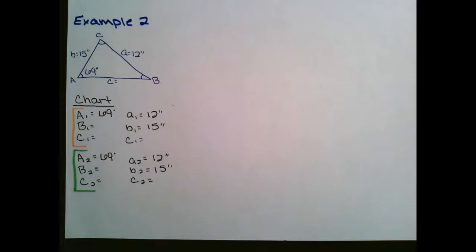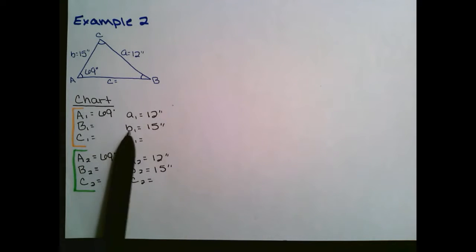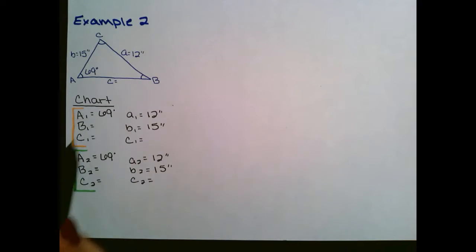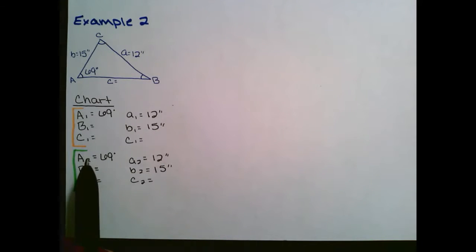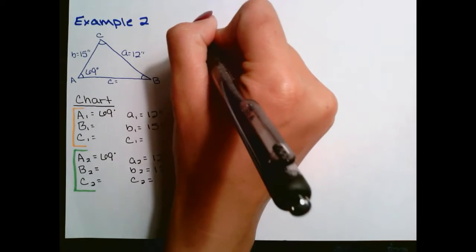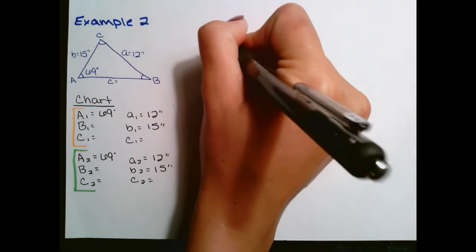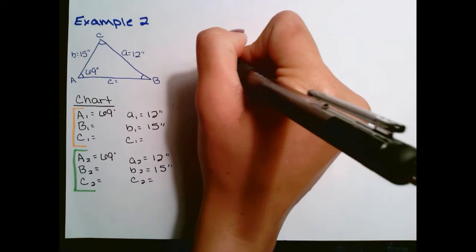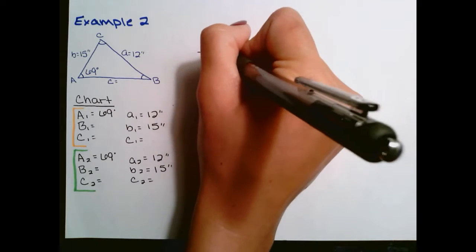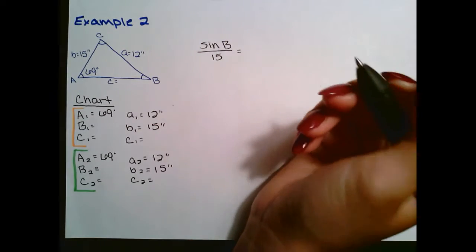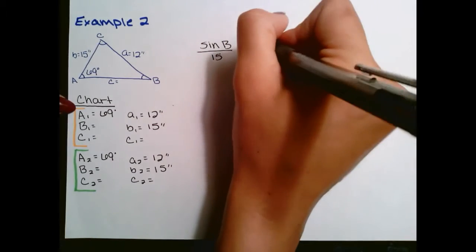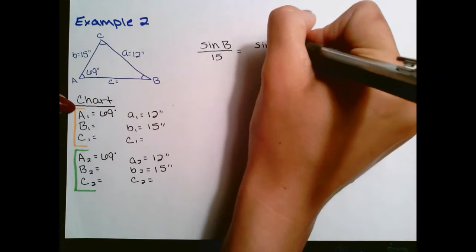All right, here we have example number 2. So here in blue is our given triangle, and again I've set up our two charts according to the given information. So starting off with triangle number 1, we see we have a match with A, and we can use it to compare with B. We are looking for angle B, so I'm going to set up my formula with the angle on top. Sine of B over side B, which is 15, is equal to, I'm going to compare it with A, sine of 69